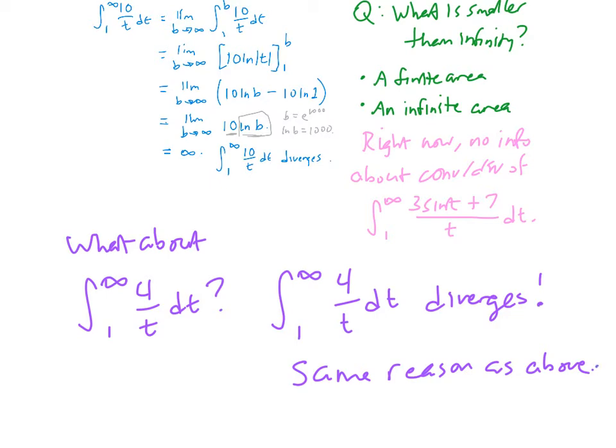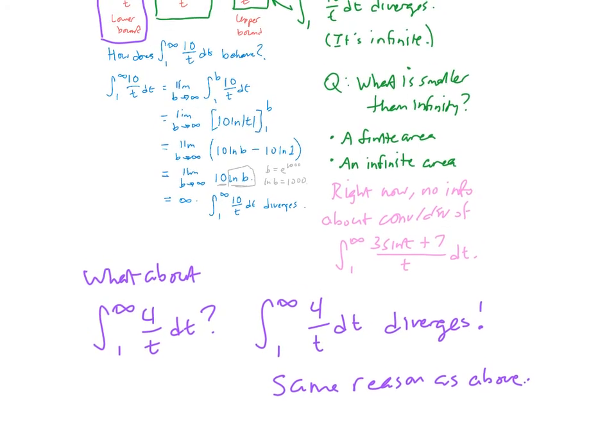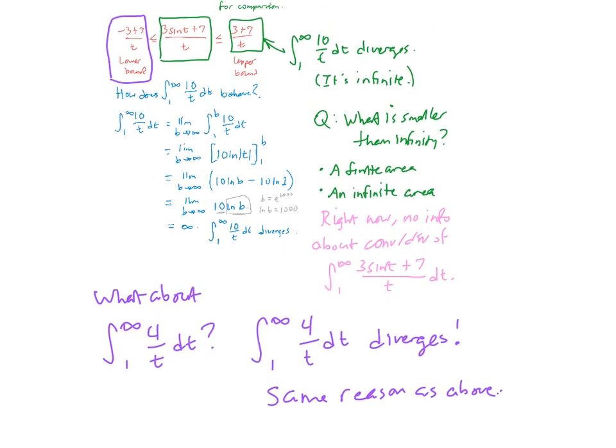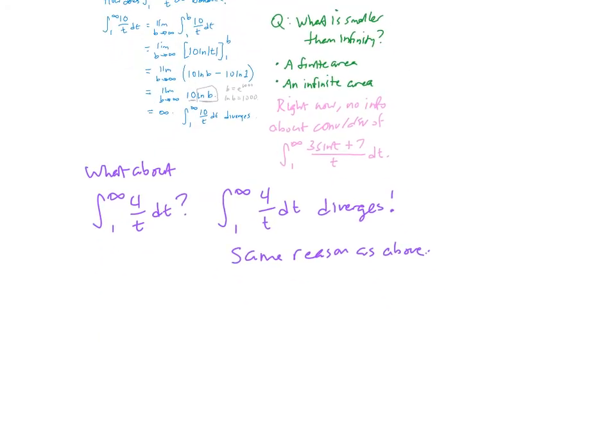Okay, so what does that mean? So in the big picture of things here, what that means is that the area described by this function is greater than the area described by this function, which is infinite. So what I've done here is I've shown